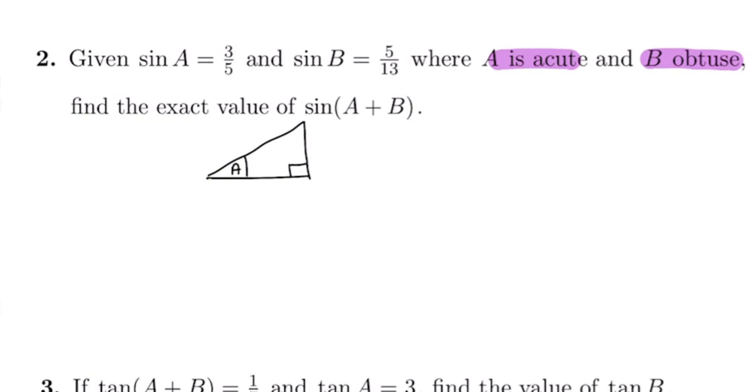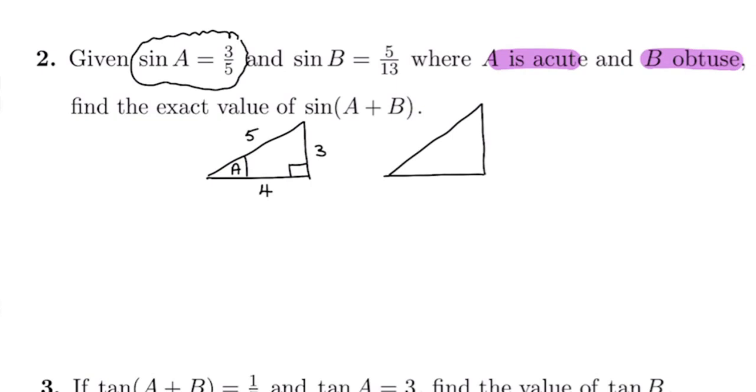And of course, from this piece of given information, sine A is 3 over 5. That tells me the opposite is 3, the hypotenuse is 5, and therefore the adjacent must be 4. Now sine B, again, I'm going to first of all pretend that B is acute. So again, opposite is 5, hypotenuse is 13, that means the adjacent is